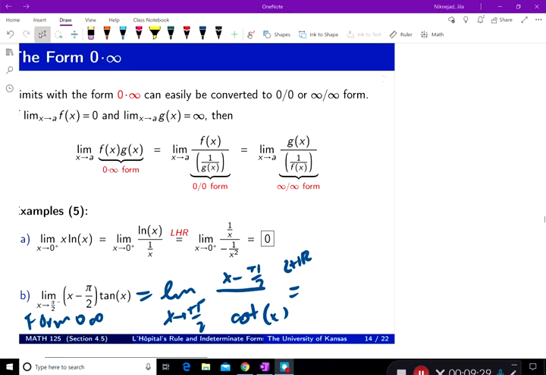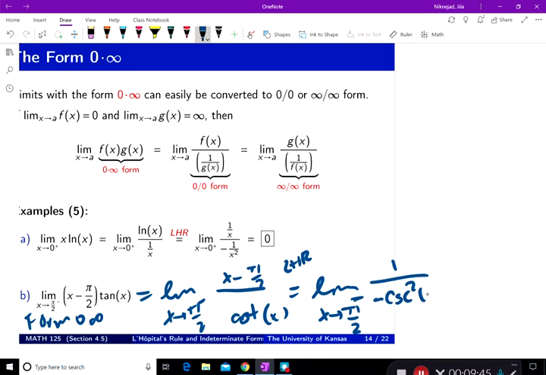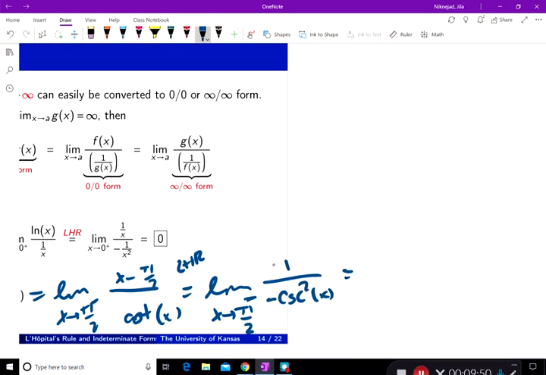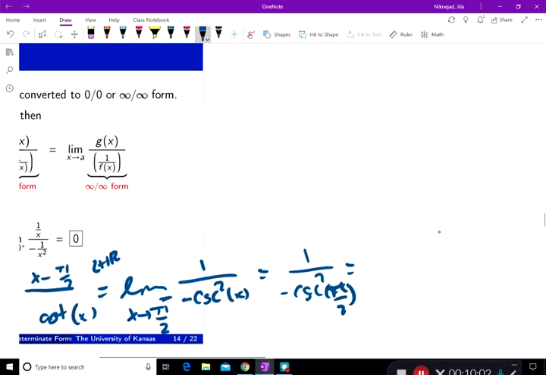So let's do the L'Hopital rule, and we get the limit as x approaches pi half from the left. The derivative of the top is 1. The derivative of the bottom is negative cosecant squared x. And then when I plug in, I get 1 over negative cosecant squared pi half, and cosecant is 1 over sine, so this is negative